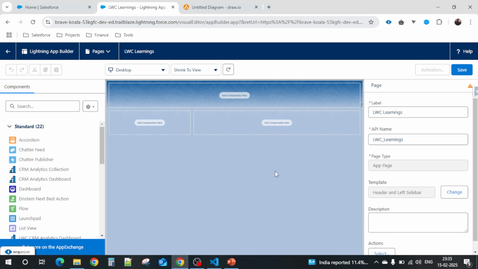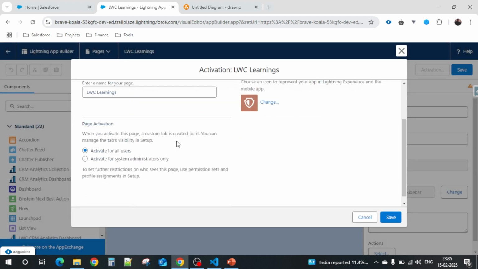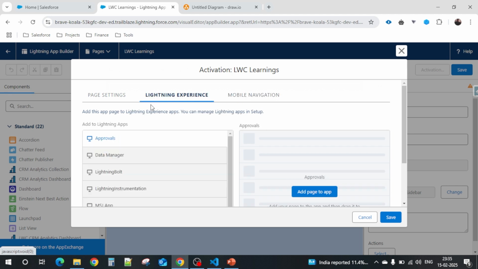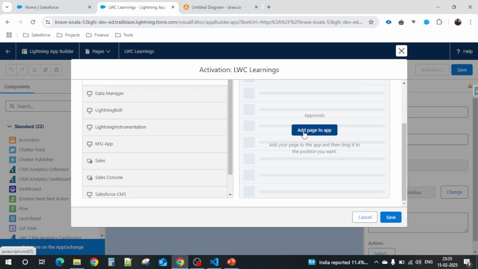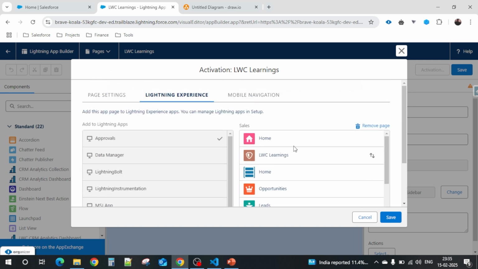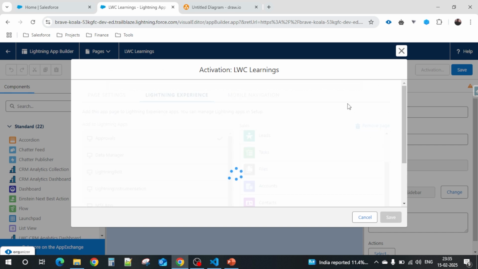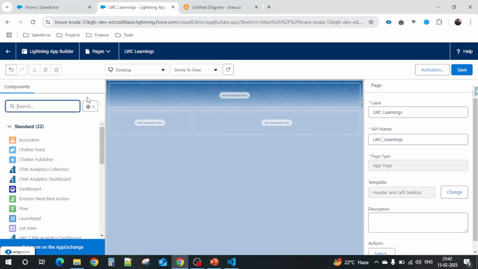Click on save, activate. Lightning experience, add page to application. Okay, I have added this into our sales application. Now here you need to add your component in this application page, whatever component you have created in